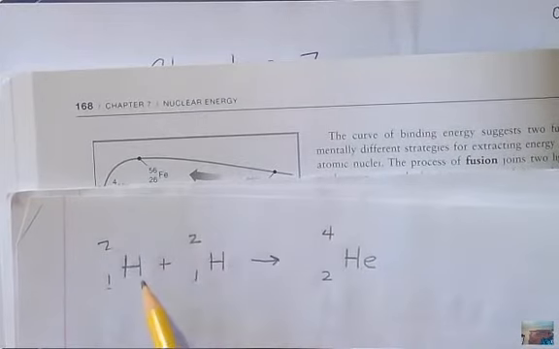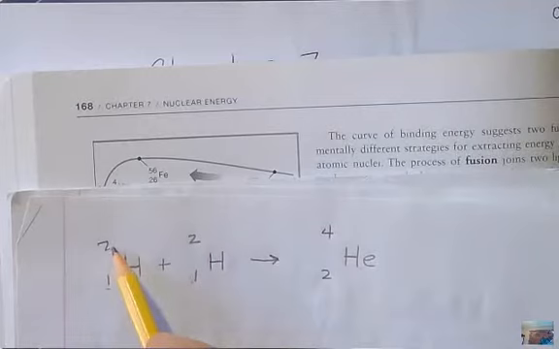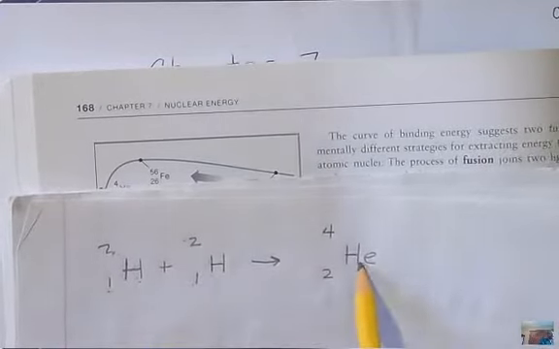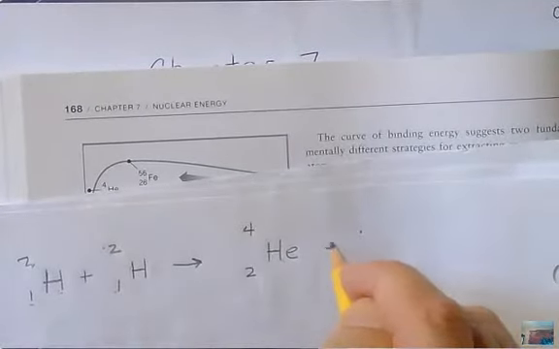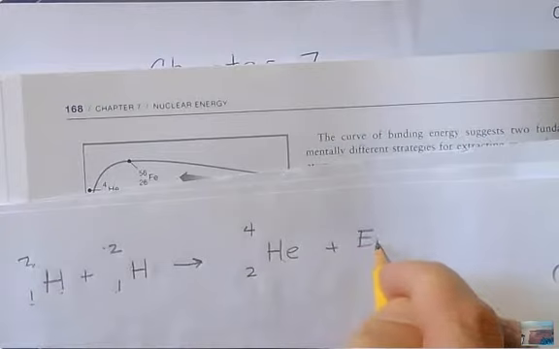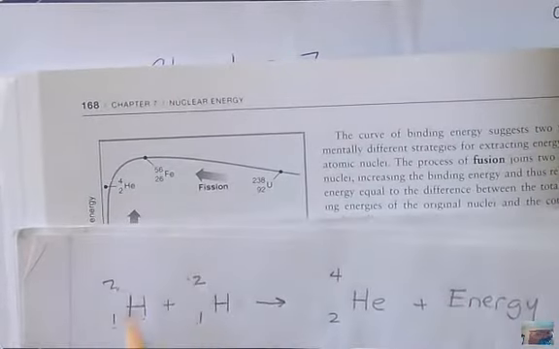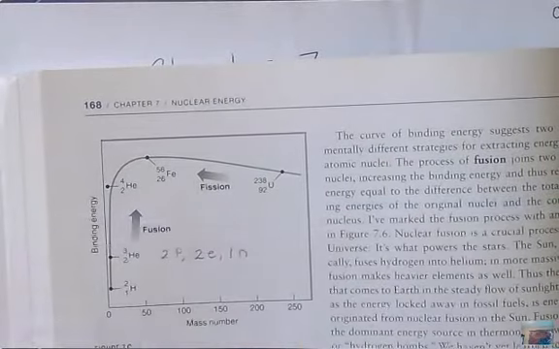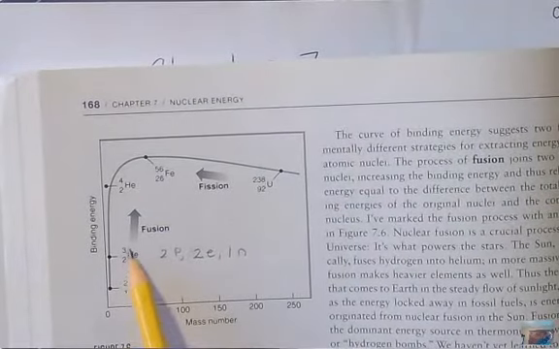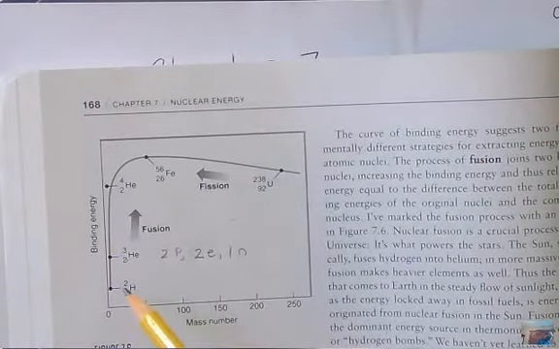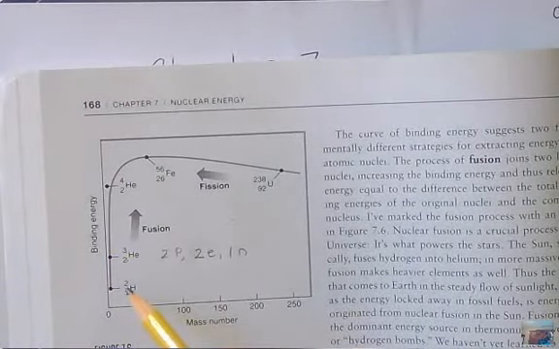Anything that has 2 protons is helium. So what I've done is I've fused together a hydrogen, a deuterium, a sort of heavier version of a hydrogen, with another one of those. It makes helium, and it gives off a ton of energy. This would be an exothermic process. This is what's happening on the sun all the time, is you're fusing these smaller elements like this guy or this guy, and you're releasing energy because the binding energy,